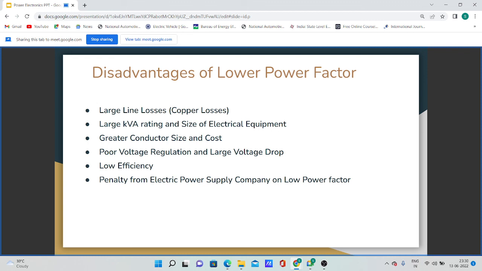For instance, due to the low power factor there will be large line losses. Therefore, the alternator needs high excitation, thus generator efficiency as well as transformer efficiency will be low. And the last disadvantage of low power factor is the penalty from the electric power supply company. The electric power supply company imposes a penalty for power factor below 0.95. Lagging power factor must be improved to above 0.95. Next,